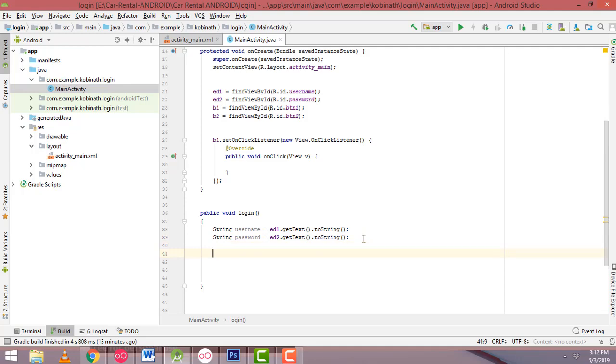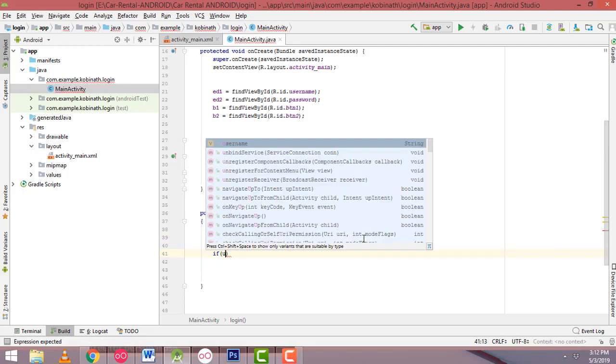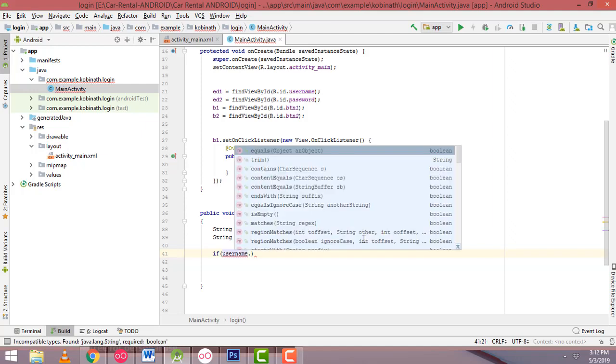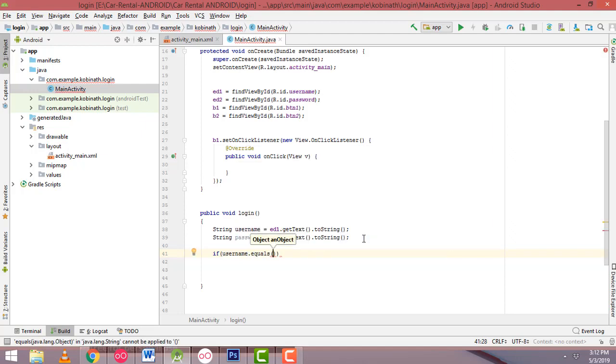After that I am going to check if username.equals blank or password.equals blank, username or password blank,